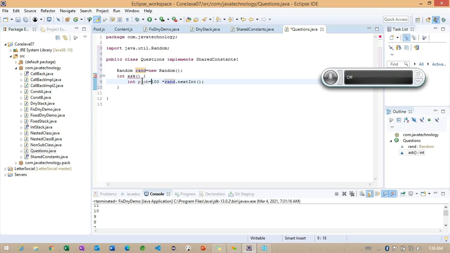Once we multiply with the value, we are going to get one value called prob. Getting the point. So what I'm doing here: if this particular prob is less than 30, getting the point, then return no.